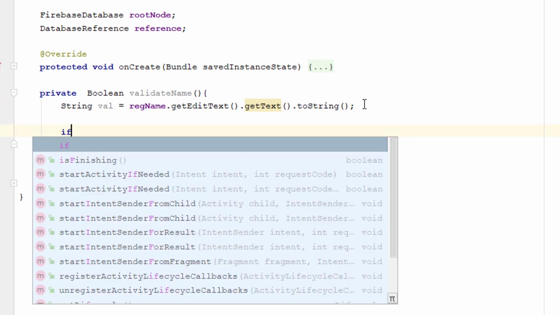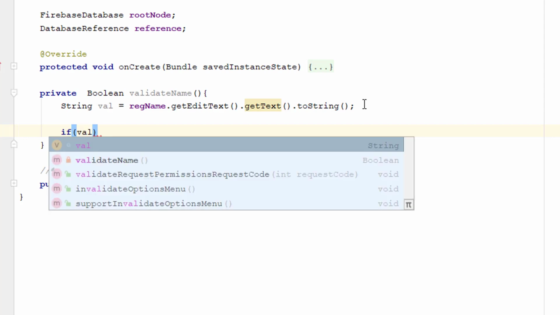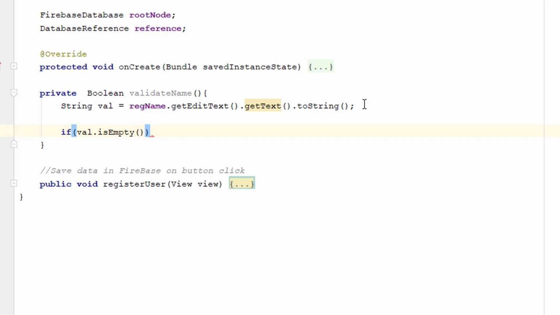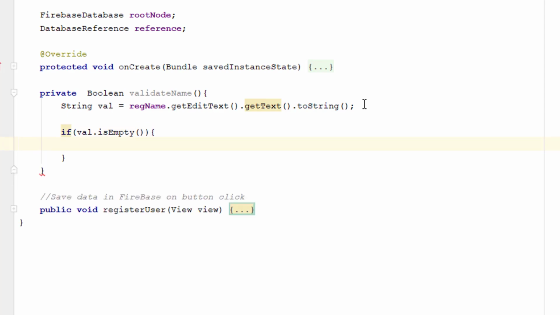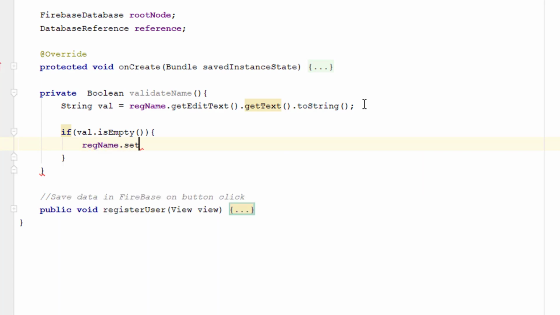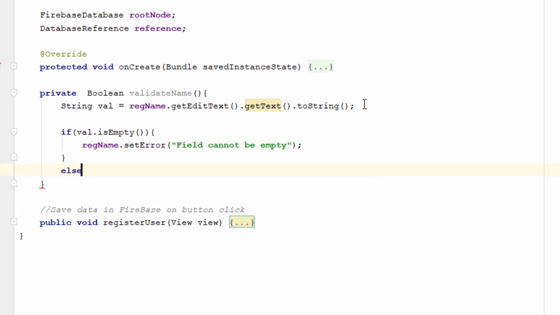So what I want to do is check if it is empty or not. Is empty, and if it is empty, simply call that field, which is this one, dot set error. As we are using the material design edit text field, we already have a set error space inside that layout of edit text, and we want to set the error as: field cannot be empty, and inside this else